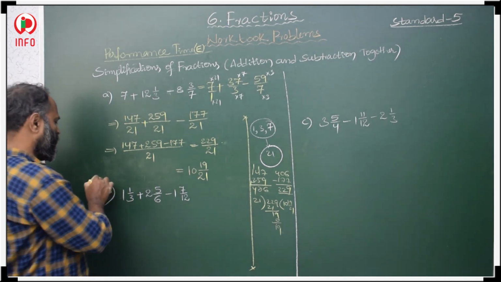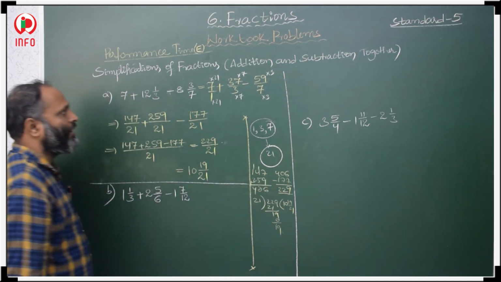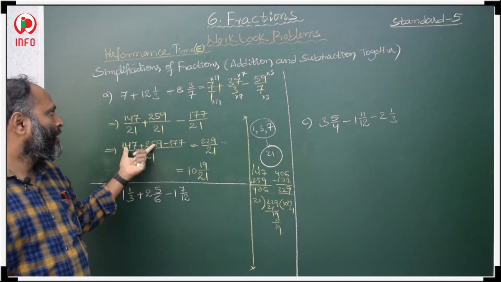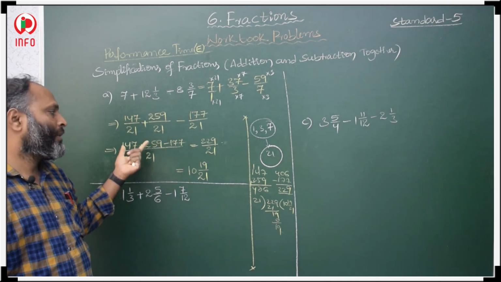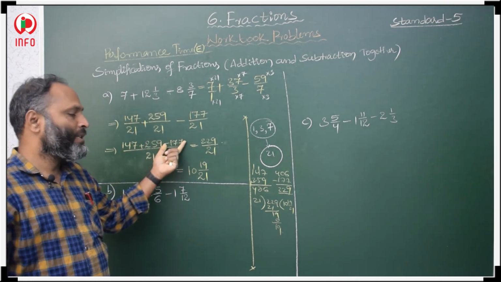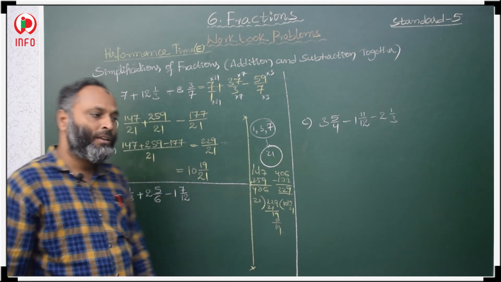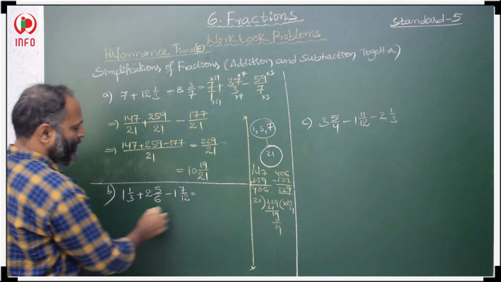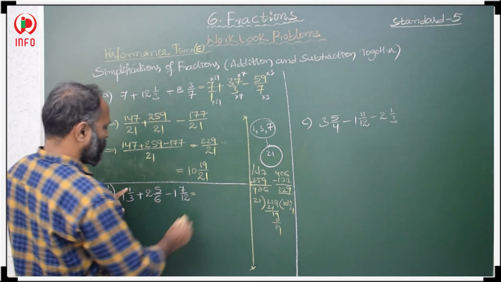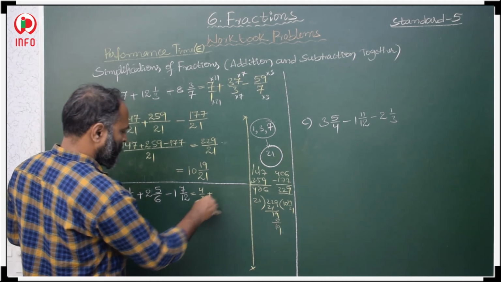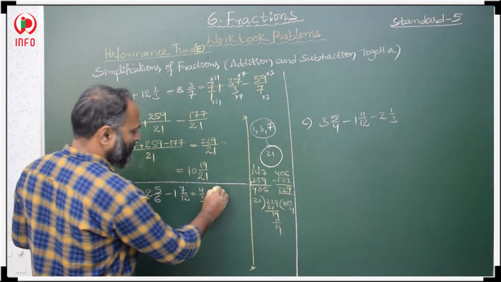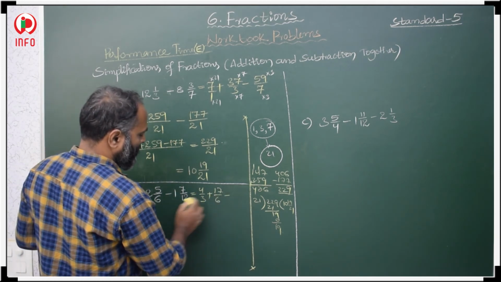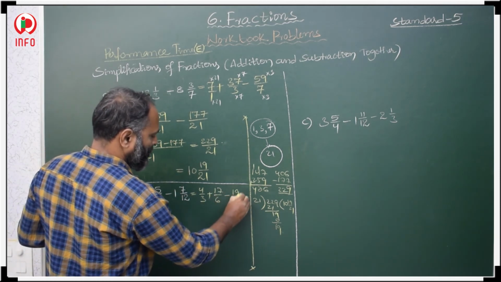Okay. In this way we have to add. The combination of addition and subtraction is given, so according to that we have to add the first two fractions, and from that sum we have to subtract the third fraction. Then here, these mixed fractions we have to convert into improper. 3 ones are 3 plus 1, 4 by 3. 6 twos are 12 plus 5, 17 by 6. Minus 12 ones are 12 plus 7, 19.